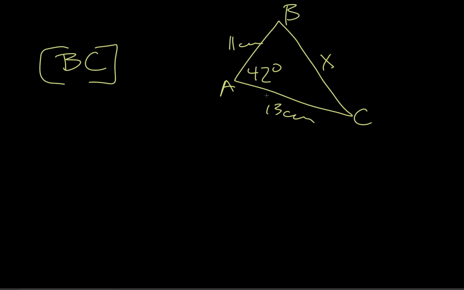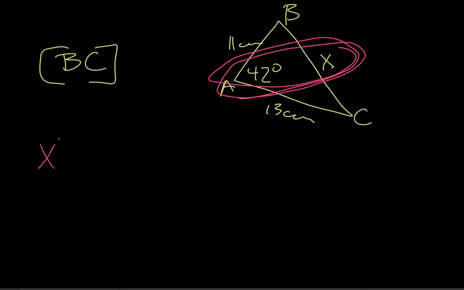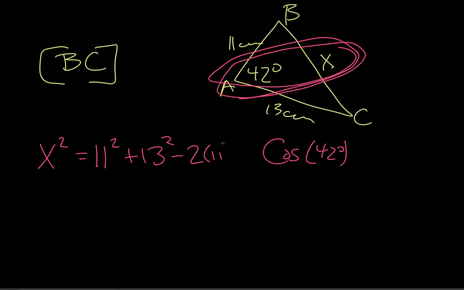And we want to find BC, so I'm just going to put an X right here to mark what we want to find. And if you remember, I said that the two that are opposite need to be opposite in the equation. So we take that side, x squared, and then we need to make sure when we do the cosine over here, it's 42. Because 42 degrees and x are opposite, they need to be like this in the formula. Now, the other part of the formula doesn't matter. I can do 11 or 13 first, doesn't matter. So I'll say 11 squared plus 13 squared minus 2 times 11 times 13,